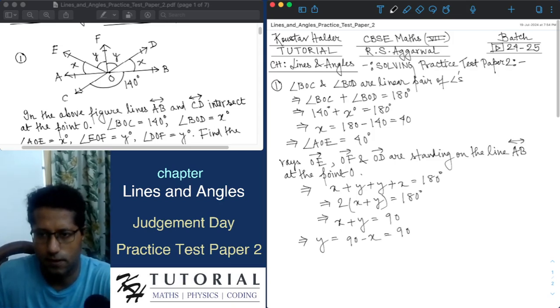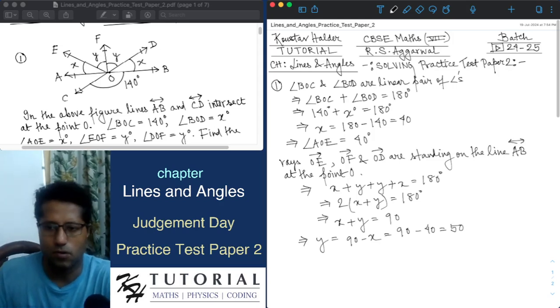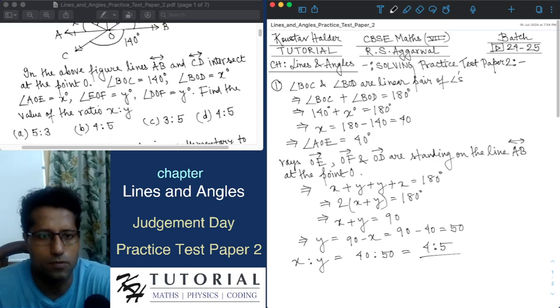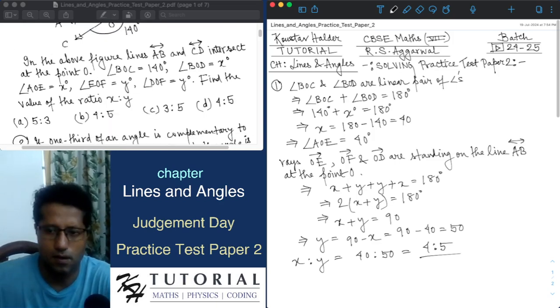This equals 90 minus x, which we have already found to be 40. So this is 50. So x is to y is 40 is to 50. This is equal to 4 is to 5. So the answer should be choice